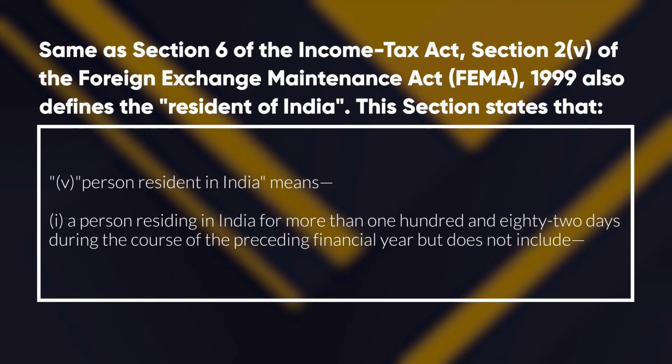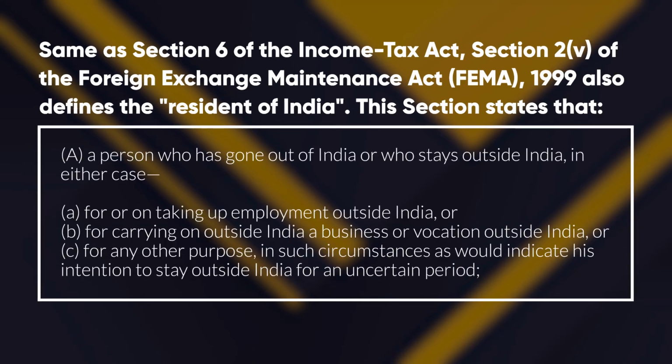A person residing in India for more than 182 days during the course of the preceding financial year but does not include A. A person who has gone out of India or who stays outside India in either case, A. For or on taking an employment outside India, or B. For carrying on outside India a business or vocation outside India, or C. For any other purpose in such circumstances as would indicate his or her intention to stay outside India for an